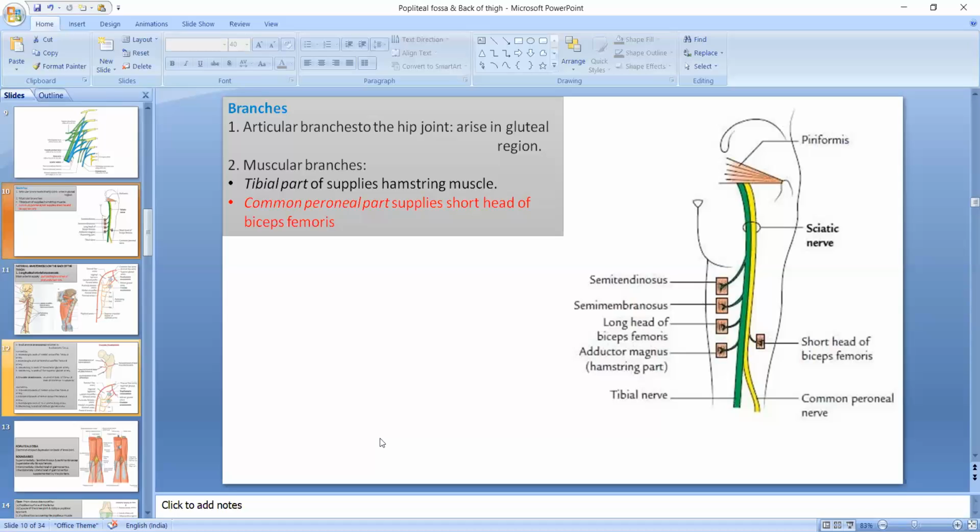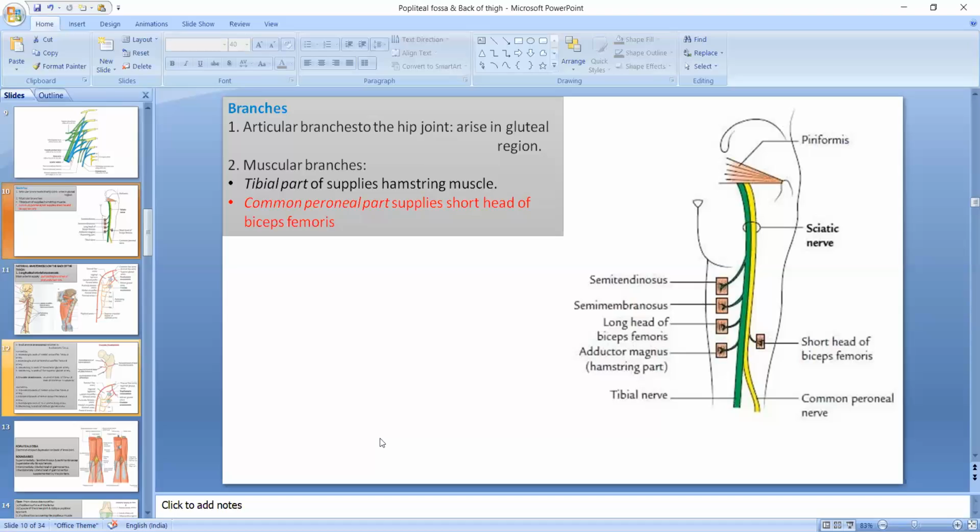Now, one of the clinical conditions is piriformis syndrome. Piriformis syndrome is the compression of the sciatic nerve by the piriformis muscle, and it is known as deep gluteal syndrome also. And what will be the clinical picture here? There is radicular pain, numbness, muscle weakness, and buttock tenderness. And pain can be exacerbated by the internal rotation of the lower limb at the hip.